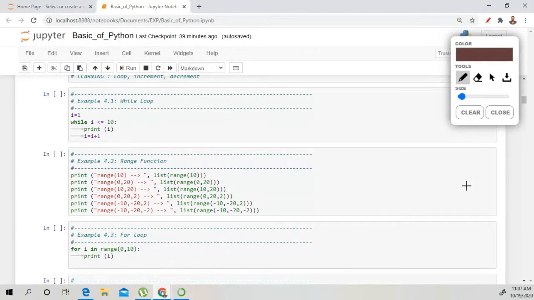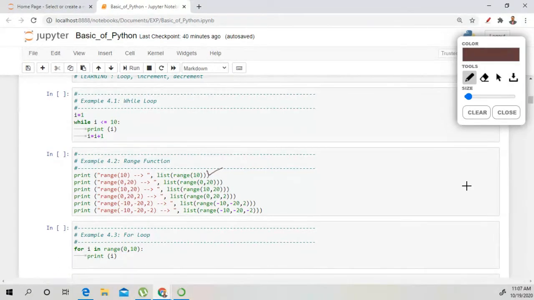This range function is very important because we can take a number of inputs from the keyboard. Let's take an example that we are going to take 10 inputs. With the help of the range function, you can take multiple entries from the keyboard, or you can display multiple values.